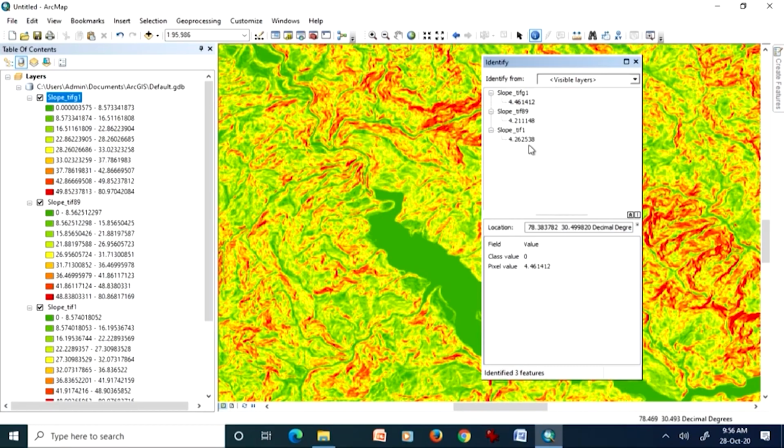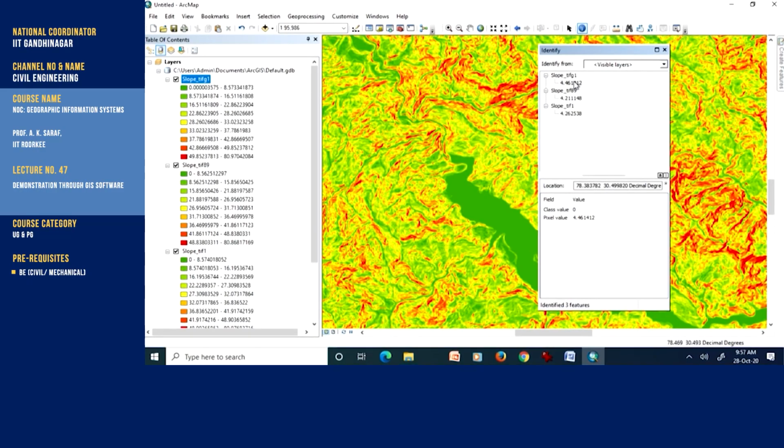Here now you would see a large difference: this geodesic method with jet factor 1 is 4.46, whereas the correct jet factor is giving you 4.2, and this jet factor 1 planar method is giving 4.26. So that means that geodesic with jet factor 1 is really overestimating the slopes. So whenever you perform any such analysis, whether you are using the slope tool or any other tool, the best way,